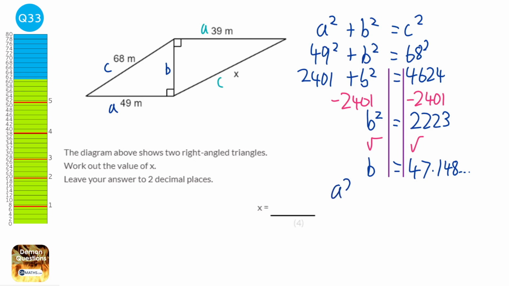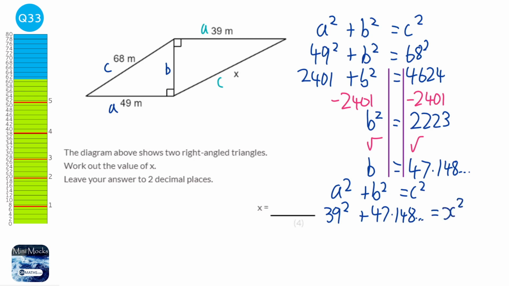So it would be a squared plus b squared equals c squared, but this time a is 39. B we are given as 47.148, we've just worked that out. And we're looking for c, in fact we can call it x now. Okay, so we need to square that. So we do 39 squared plus 47.148 squared, and that will be